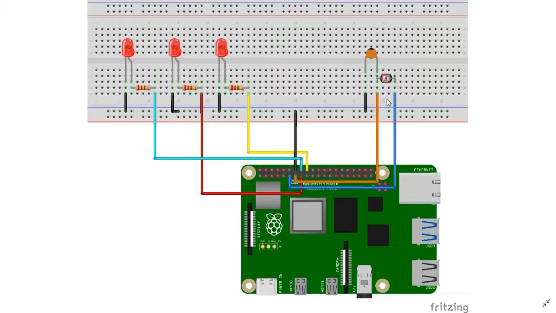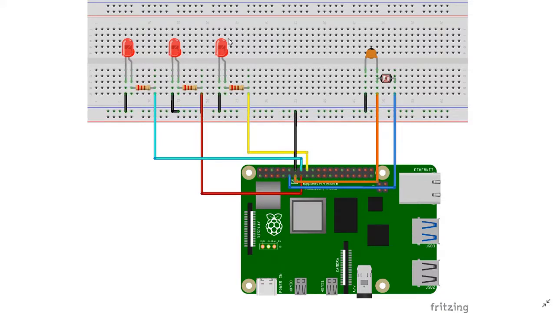Coming to the connections part, we see the blue line connecting to GPIO 17, that's board pin 11 on the board, and the orange wire connecting to the other end of the LDR connecting to GPIO 27 or pin 13 on the board. We see the black wire that's giving the ground connection. We have supplied the ground connection at this part of the board. As you know, the vertical holes would carry the same potential, so we have connected this black wire here.